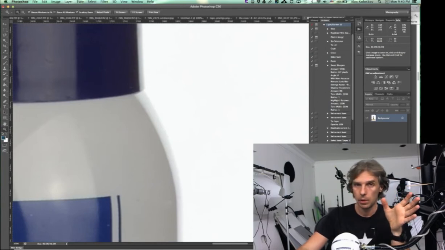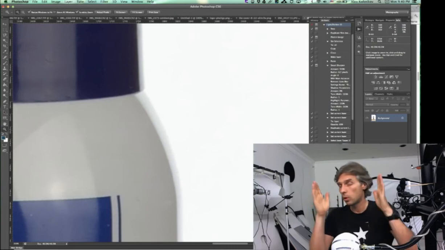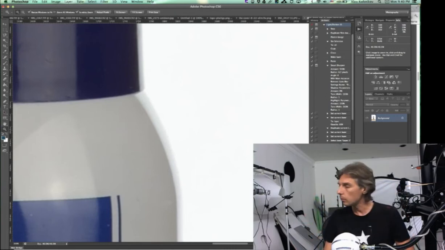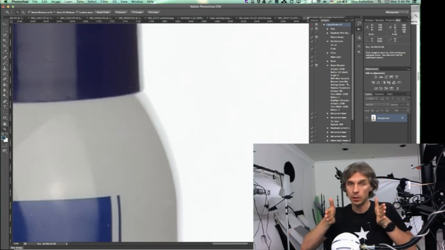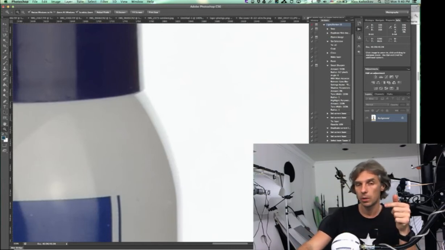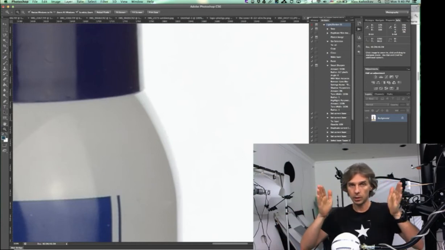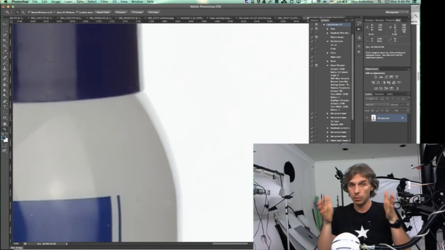The solution is simple. You need to have two black cardboard, screen, whatever I use, black cardboard foam boards, to have them behind the subject, basically covering the background from both sides. Because what you see is reflection from the background. On a spherical subject, we get in reflection almost from behind. If we have a background wide enough, we get in all the reflections from the bright background on the edges, and